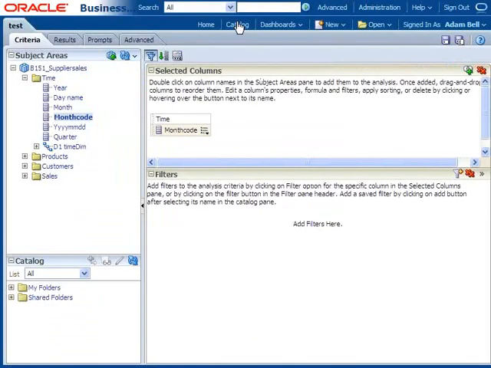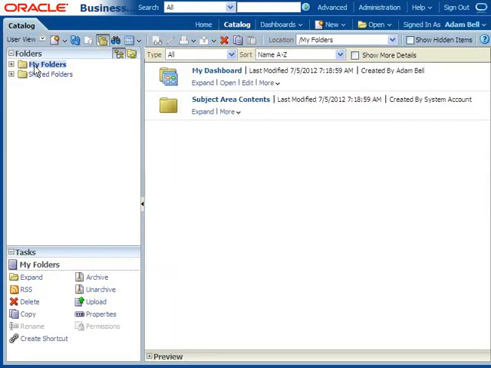Now tell me, in the catalog how many folders are there, sir? Two folders. One is My Folders, the other one is Shared Folders. My Folders in the backend is mapped with what folder, sir? Users. Shared Folders in the backend is mapped with what folder, sir? Shared folder. My Folders can be accessed by only that guy or all the users? Only that guy who created it. Okay. Next, Shared Folders can be accessed by all the users or what? All the users,